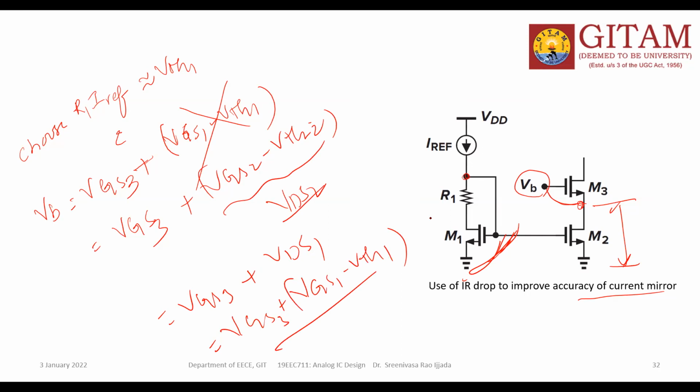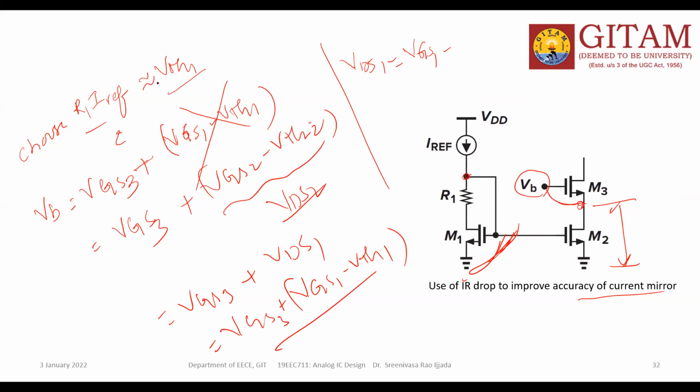Got my point? Okay, but listen, there are a lot of things here. So what is the VDS1? What is the VDS1 I told you? This is the VDS1. Or you can write it like this: VDS1 is equal to VGS1 minus VTH1. What is the VTH1 value?